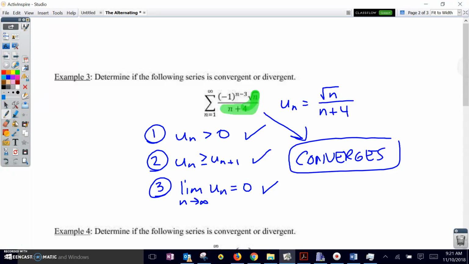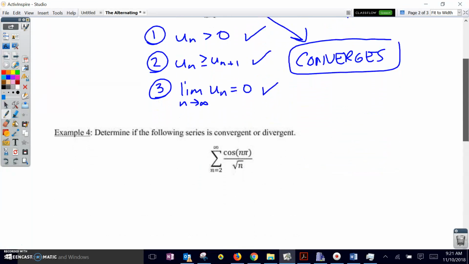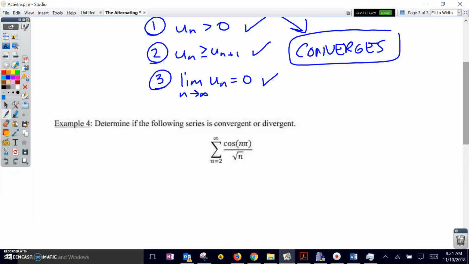Okay. On to example 4. Again, we're going to go through our checklist. We first identify u sub n. Now realize that this piece right here, cosine of n pi, that's just an alternator, just like the quantity -1 to the n. Cosine of the quantity n pi, as we cycle through the natural numbers n, it just bounces